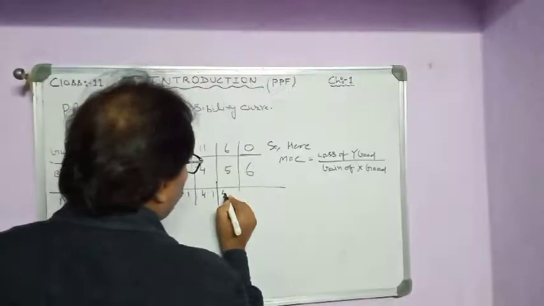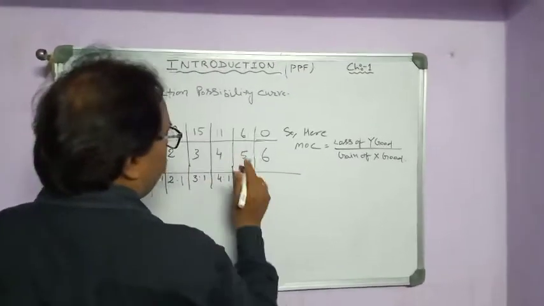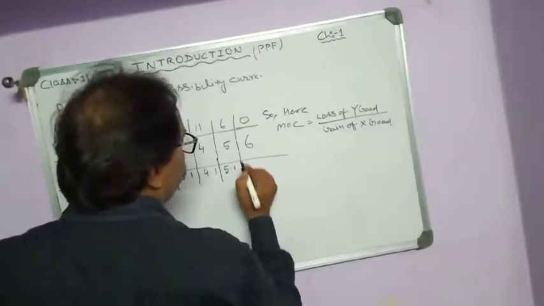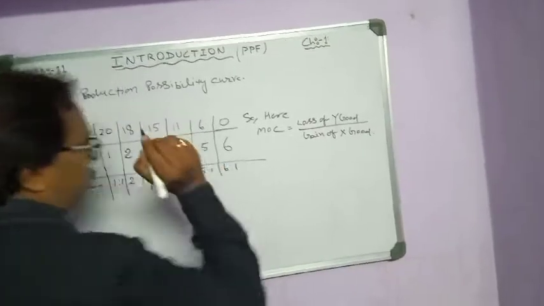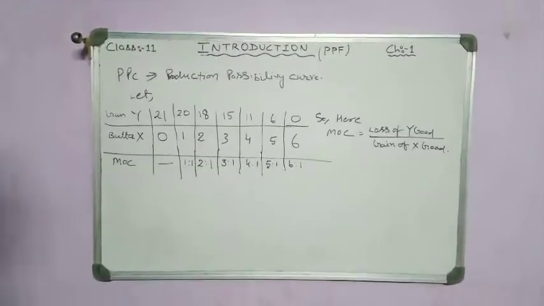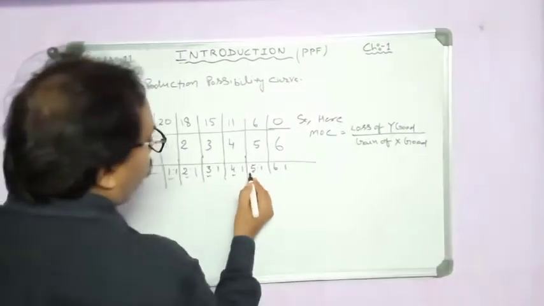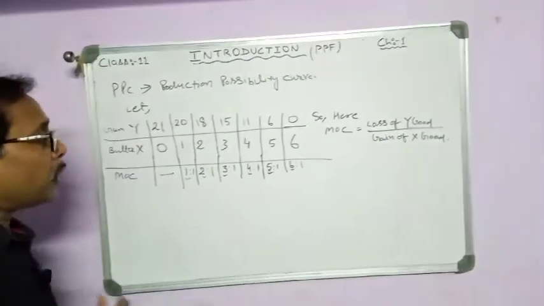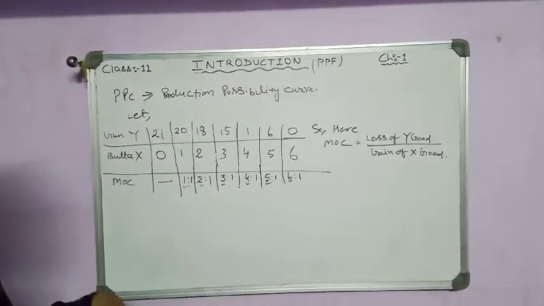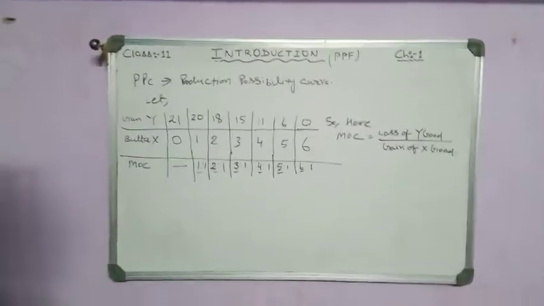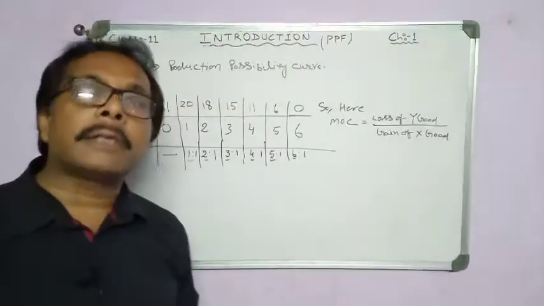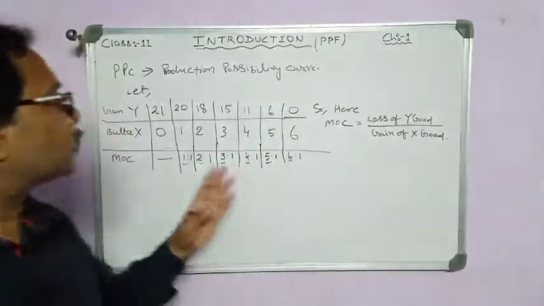Again 5:1. Again 6:1. So what it indicates? It indicates that if we want to increase the production of butter, we will have to sacrifice more and more units of